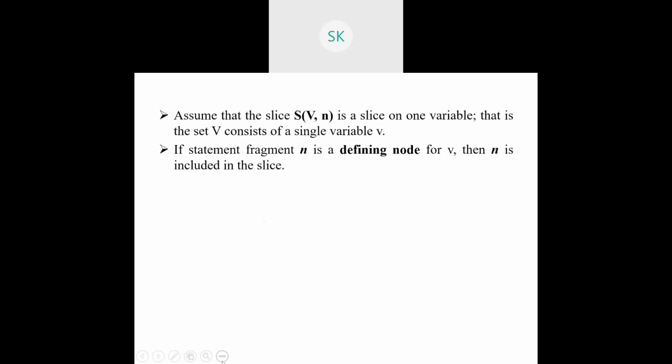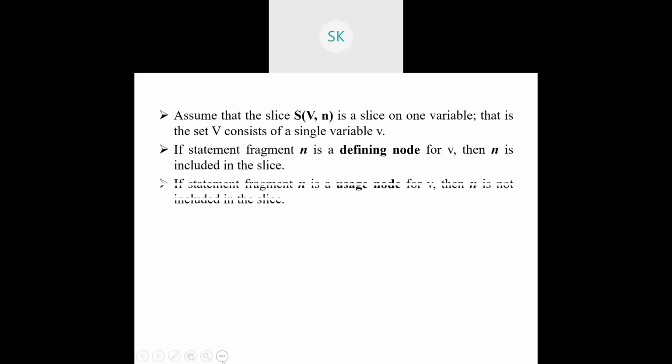So with respect to this, some assumptions have been made. I have already explained this. We'll quickly run through these statements. Assume that the slice S of V comma N is a slice on one variable, that is, the set V consists of a single variable V. If statement N is a defining node for V, then N is included in the slice. If it is a defining node, that is input or assignment, it should be considered.